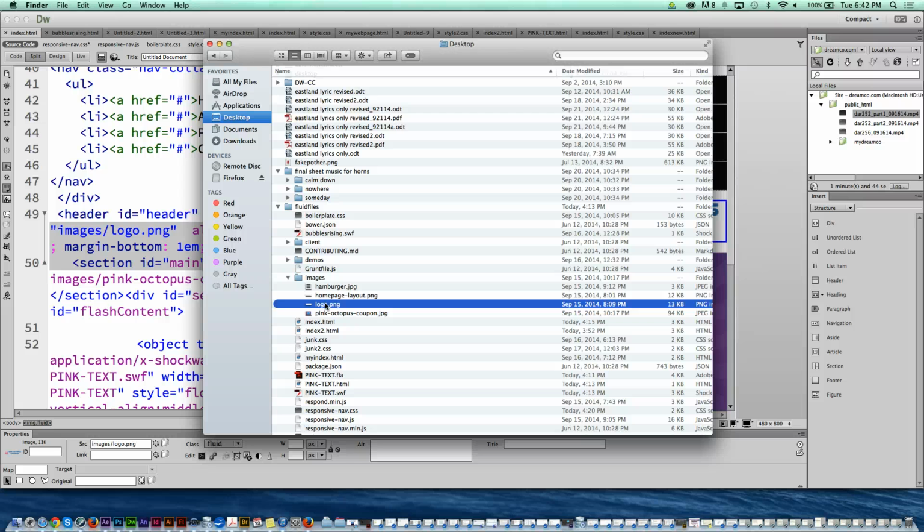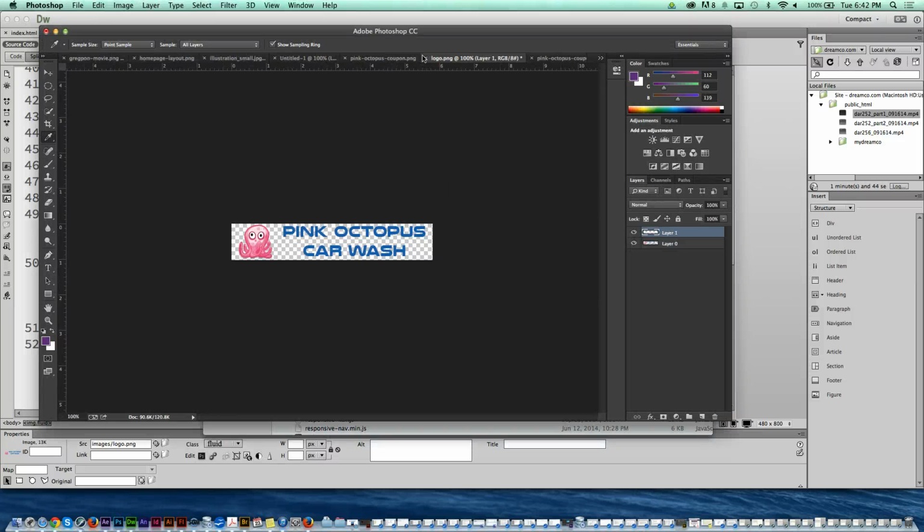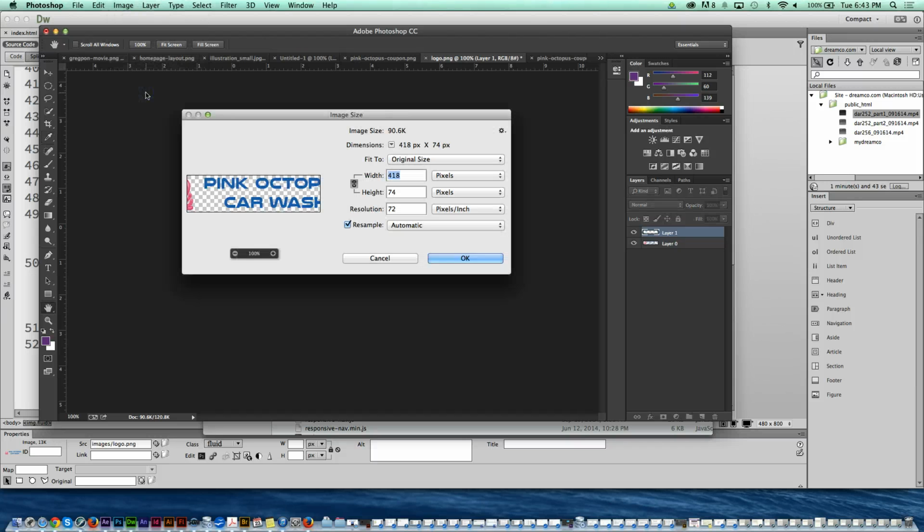Now, if I were to take this file and open it in Photoshop, right, we would see this, and we would be able to go into Photoshop and go under image, image size, and determine the exact size of this image in Photoshop.